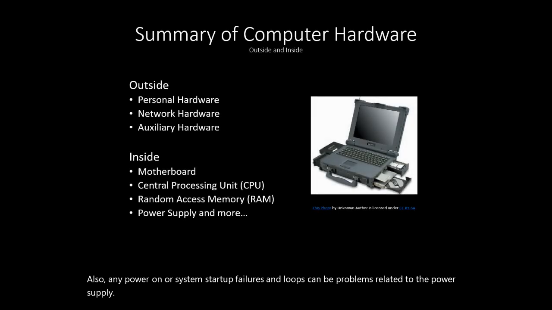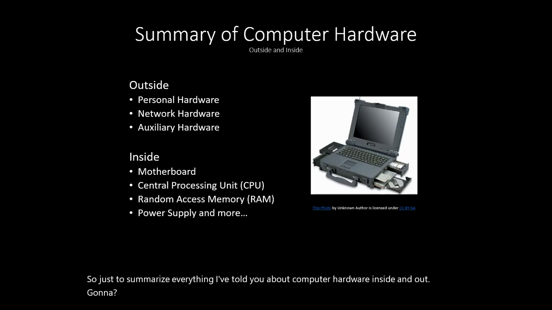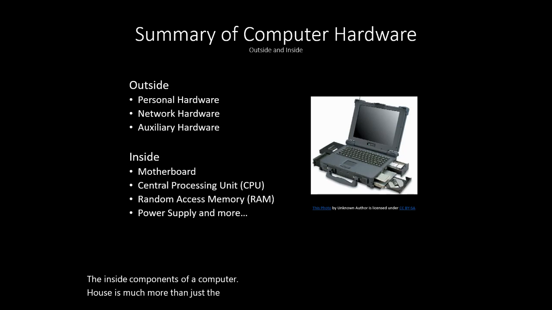So, just to summarize everything I've told you about computer hardware inside and out, there's three different categories for outside hardware: personal, network, and auxiliary. The inside components of a computer house much more than just the motherboard, the CPU, RAM, and power